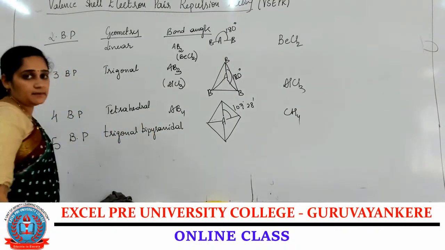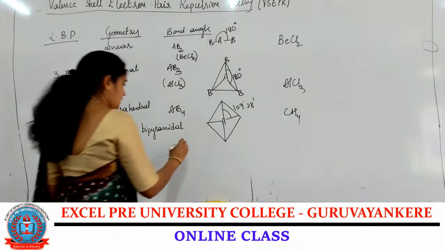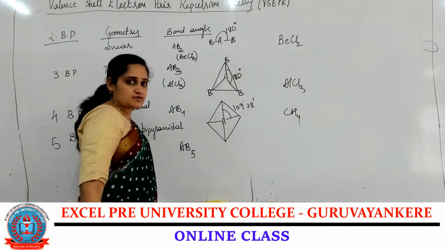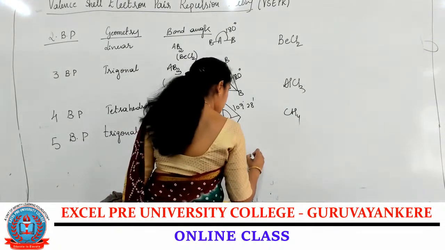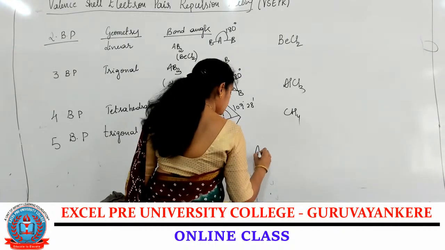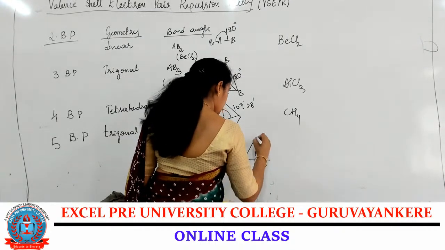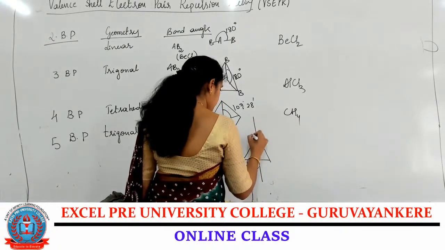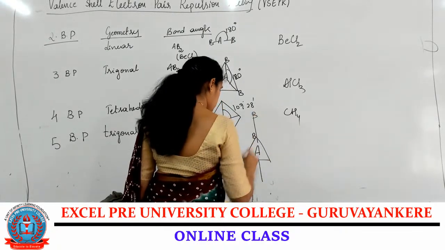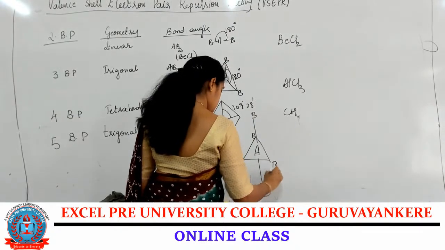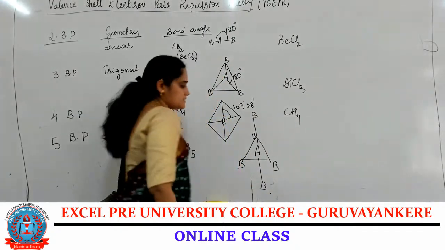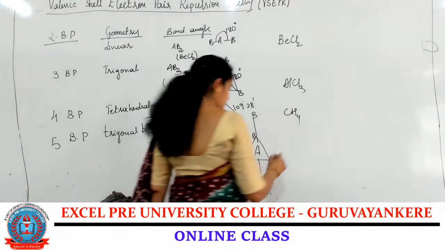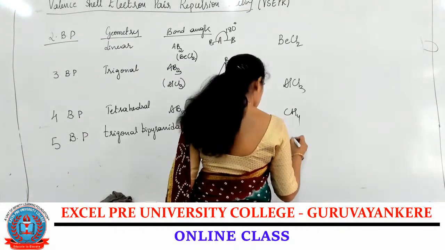Trigonal bipyramidal geometry. It is of AB5 kind, 5 pairs of electrons. Trigonal bipyramidal structure is nothing but A is at the center, with the trigonal above the plane and below the plane. It will be like this. Okay, so it is of AB5 kind. Next example is